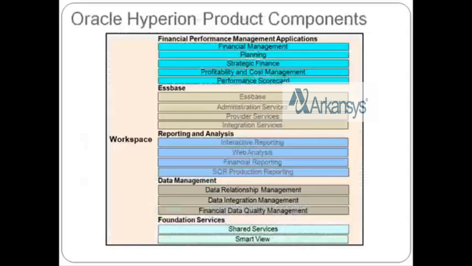Moving to the next slide, here we will speak about the Oracle Hyperion product components, the different components which are there in Hyperion. Some of them are mandatory to have whether you are using any of the financial performance management applications, and some of them are optional, where you need only one, or even if you don't have them the financial management system will still work. If you look at this block, there are around five major blocks.